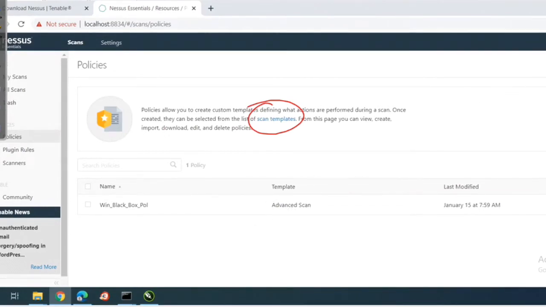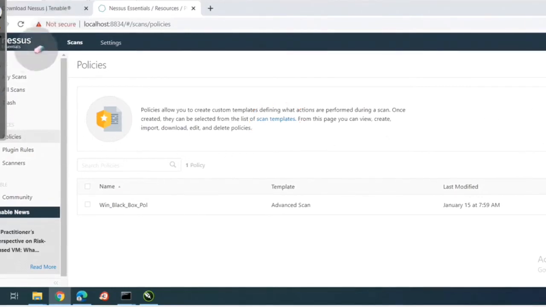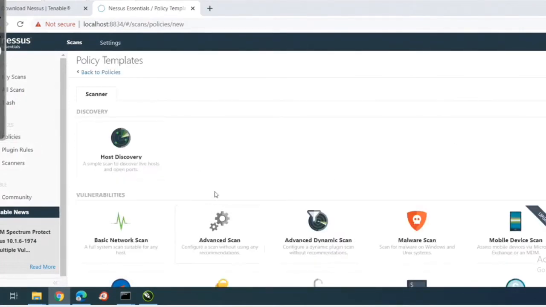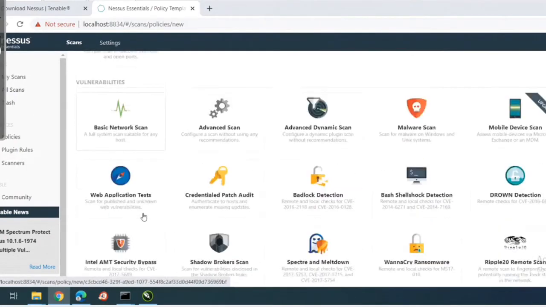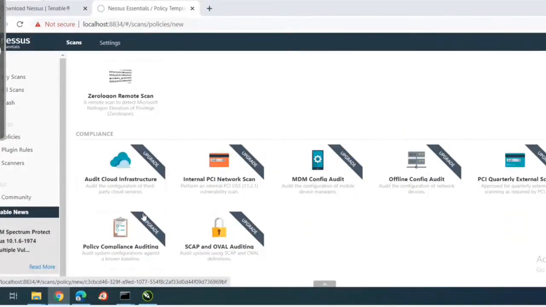On the right side, you see a new policy and you will click on that new policy. Now these all are the templates. If you want to take any of the templates to design your policy, then you can define.